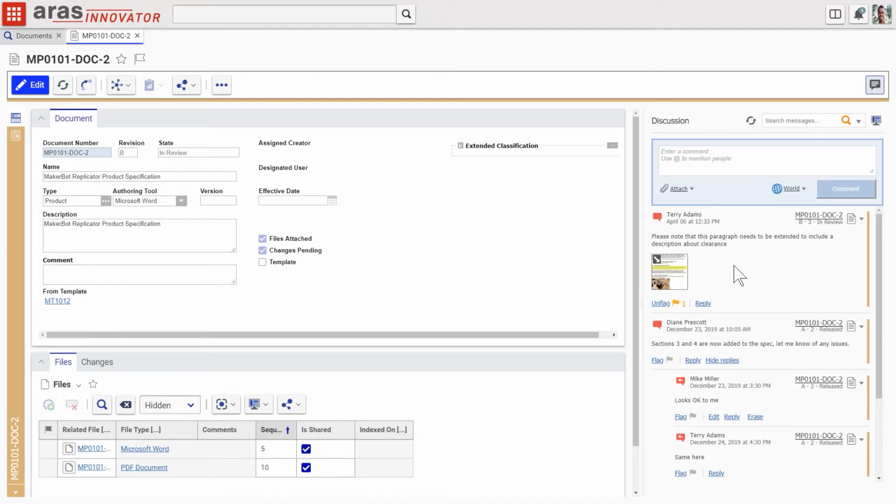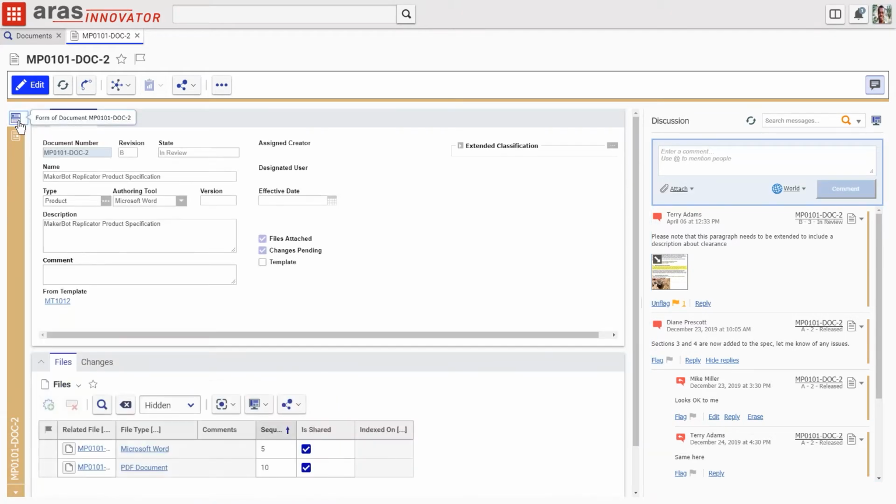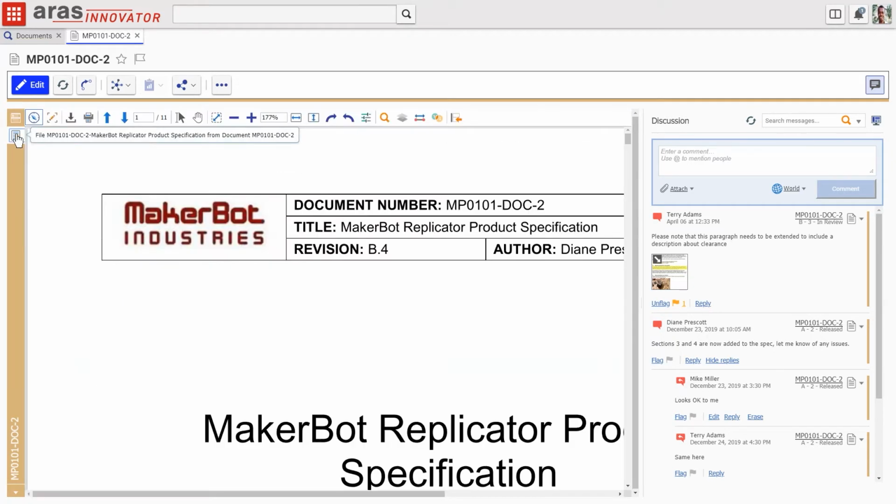So to look at what was snapped here, this little thumbnail, we grab it, just click on it once, and you can see what the commenter was referring to. And this is a viewing window, but it's also the same window you might recognize where we will see the PDF live. This is just an image, just a snapshot. And I'll show you how to grab one. It also happens in this window. So just recall that we'll see the form metadata here. And just up here, we'll be able to get into the live viewable of this document.